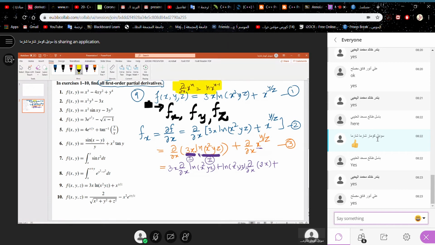Derivative with respect to x. We are differentiating with respect to x. So this y to the power z is like a constant. Y upon z is a constant. The power is like a constant. So its derivative is y upon z